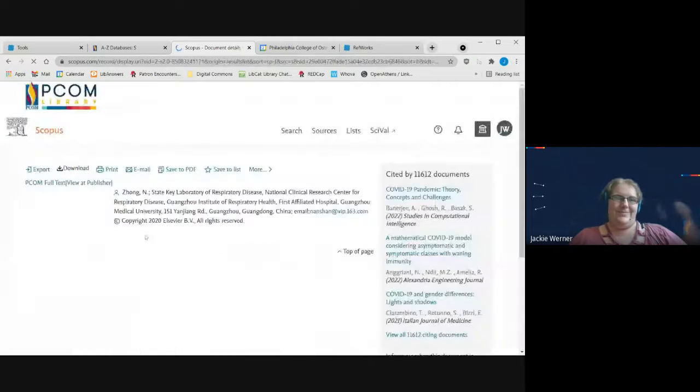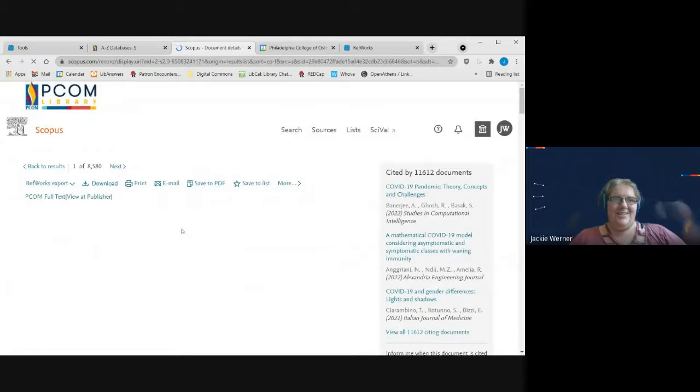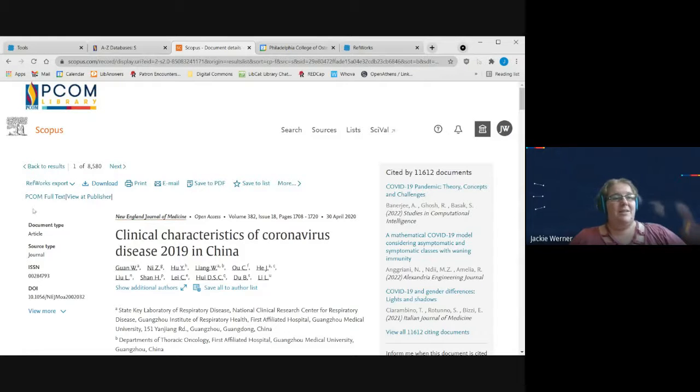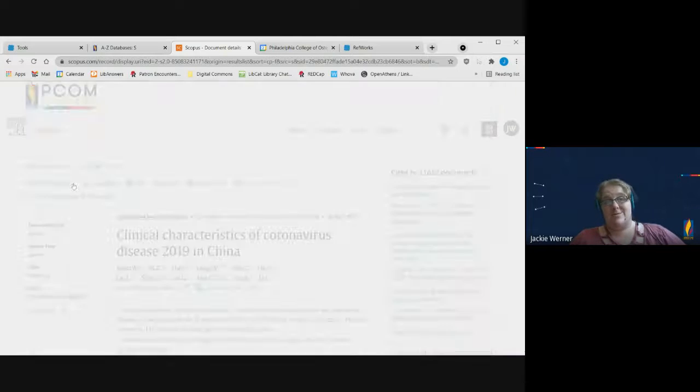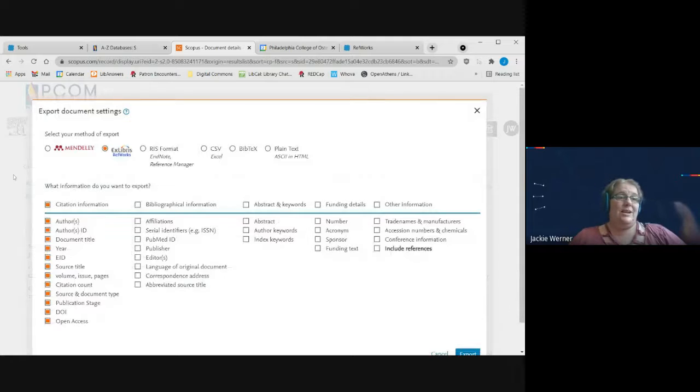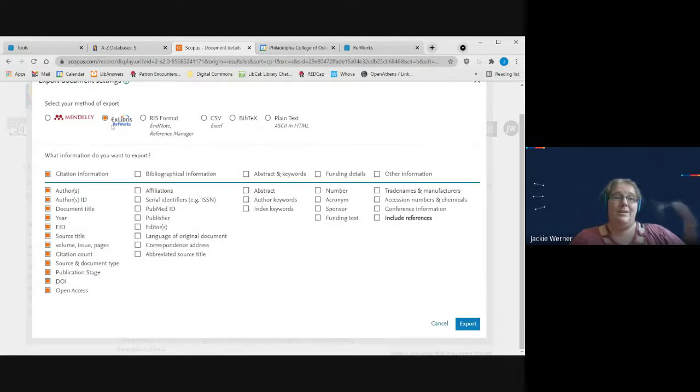So I'm going to click on this article. This is exactly what I want here. Good. You'll notice there's a little drop-down menu that says RefWorks Export. The first time you use that, it might not say RefWorks yet, but if you just click on the little down arrow next to it, you could choose a method of export. If you just click RefWorks and then select Export,